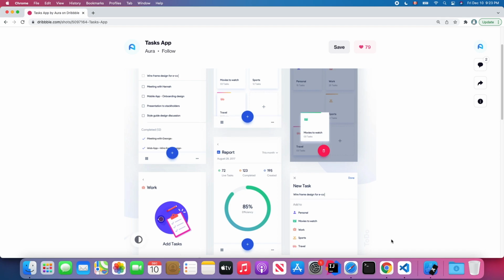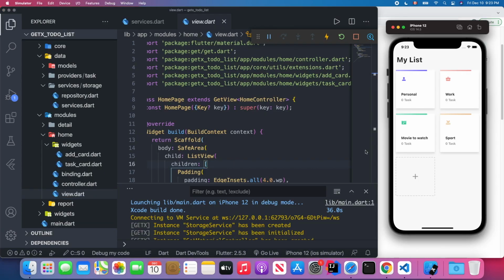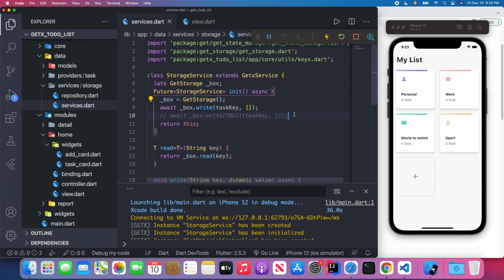First, let's open our Visual Studio Code and the iOS emulator. So first, I'm going to finish some steps we forgot in the previous lesson. Let's go to the server.dart. We're going to comment out the 9th line, and I'm commenting out line 10. Then we're going to save it, right? We are not going to clean out all the tasks when I hit this restart button. We're going to keep it, so we probably need to comment out this right task every time we restart